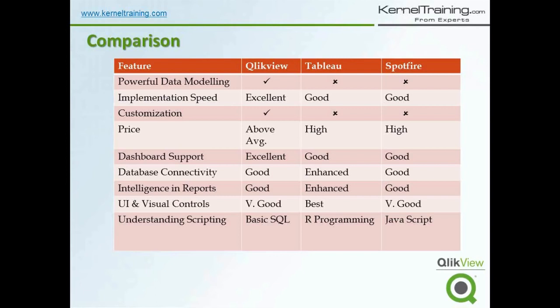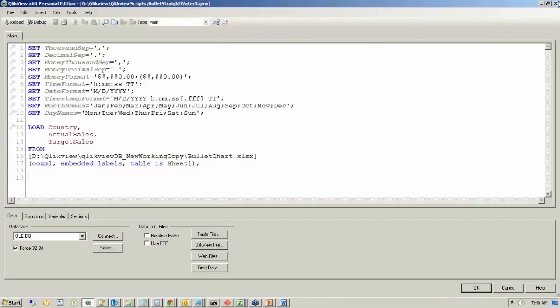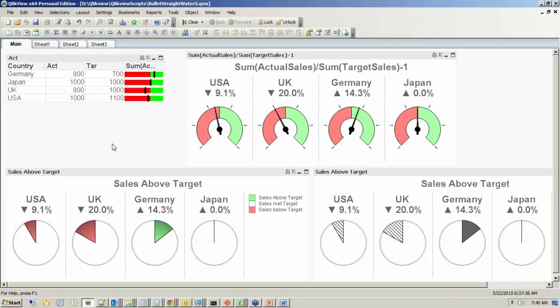So the intelligence in the reports is something like this. I just want to build a report here. I just go back and take the same report. In this kind of report, wherever there is a dip in the sales, I just want to show it with dark red. Wherever I have an increase in the sales, I want to show it with the green color in the increase value. Okay, so for that, what you need to do in QlikView is you need to go back to the colors